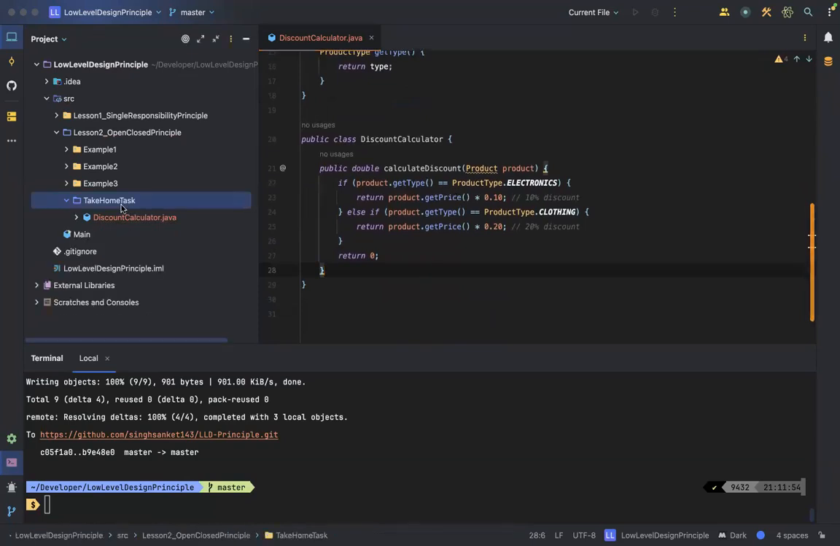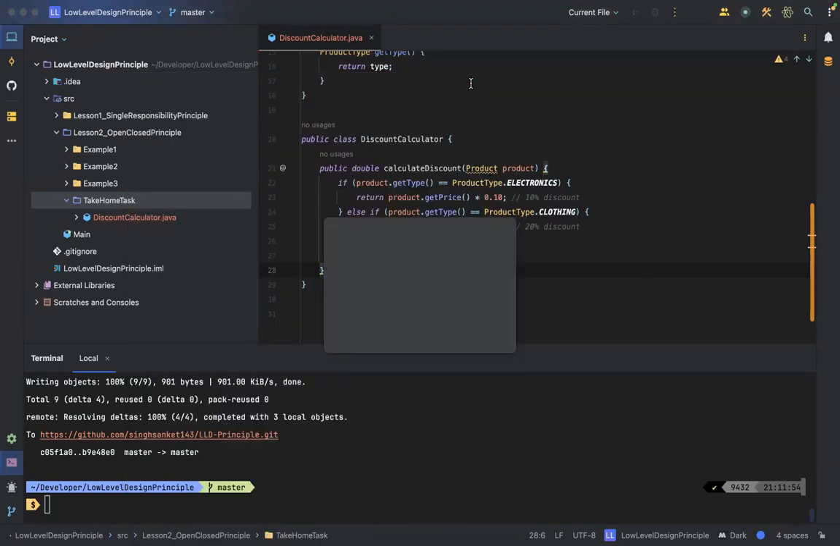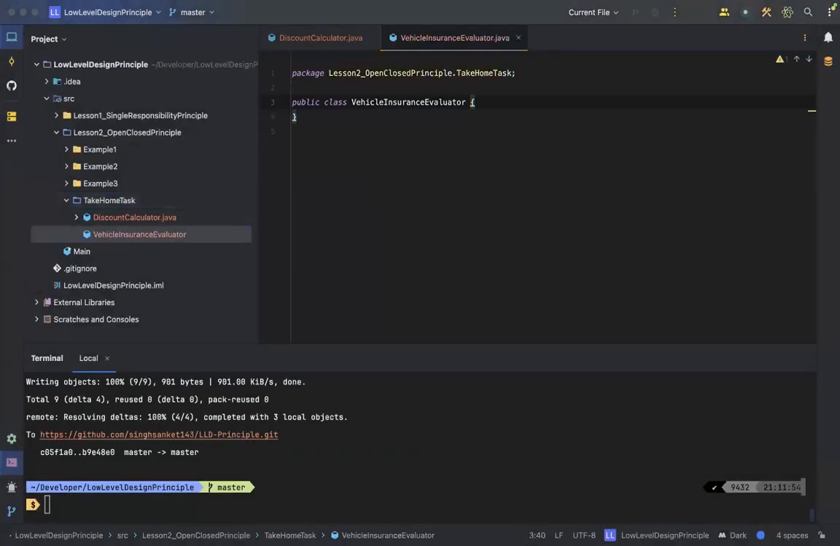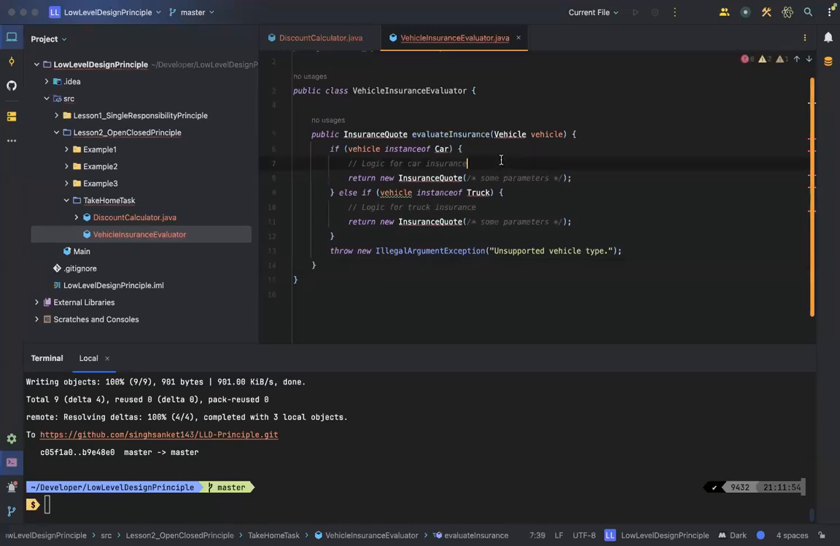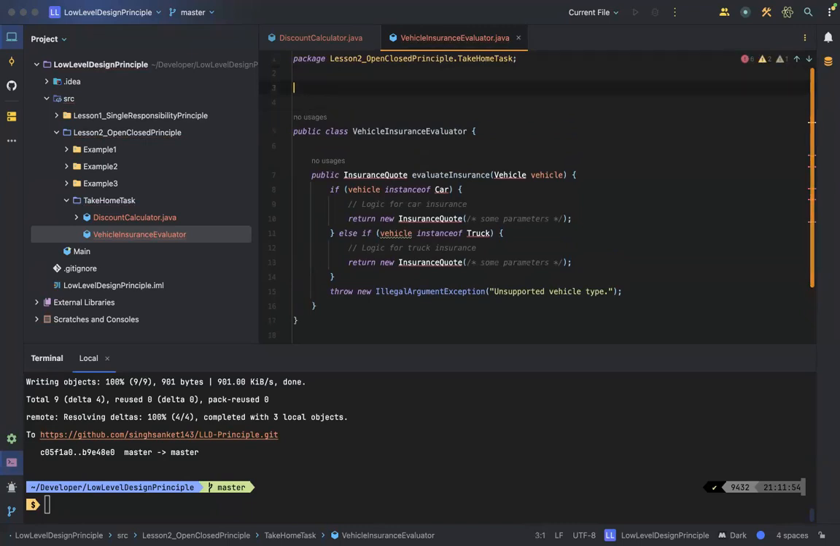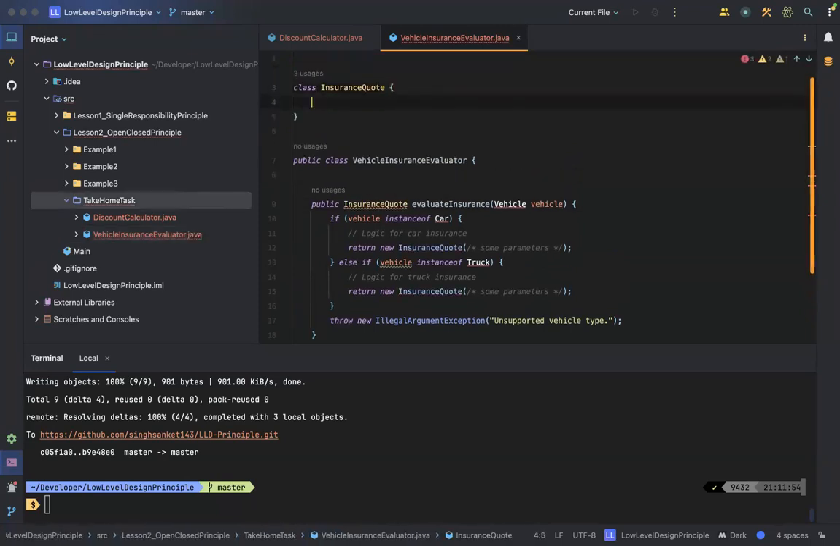Okay. This is one. Another one is, let's say, let's create a new Java class. Okay. And, okay, let's say we'll say class insurance quote. Okay, these are dummy classes, so you don't have to bother much. And there should be a